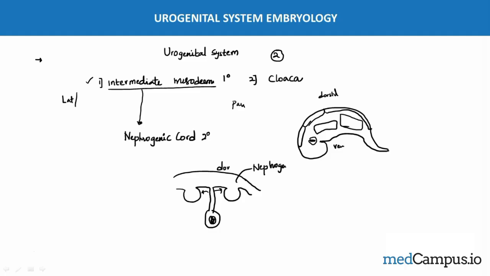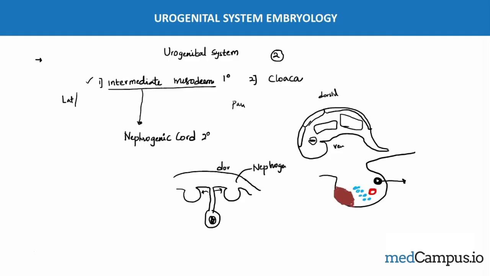If I zoom in on this single nephrogenic cord, in this we have structures which are developing. This lateral-most structure is the paramesonephric duct. Slightly medial to it there is another duct, which is the mesonephric duct. And we also have the excretory tubules, the mesonephros, which are present medial to the mesonephric duct,